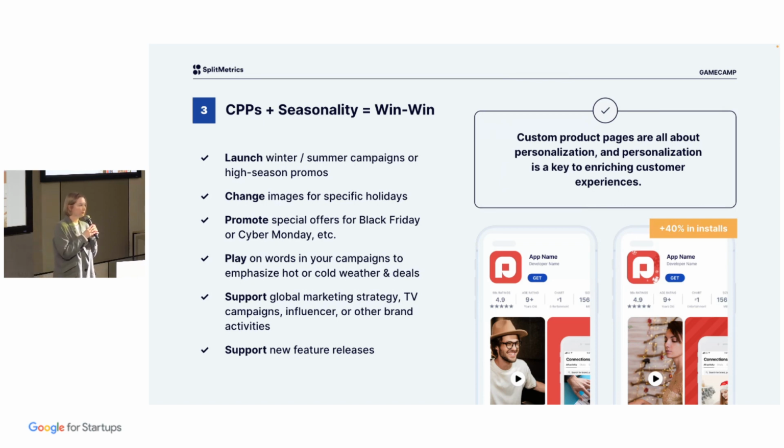It's also good to implement and support global marketing strategy together with custom product pages. For example, your company initiated a partnership with some influencers, so you're good to implement their face on the CPP, for example, or any other brand activities you're having. And of course, it's good to support new feature releases with the help of custom product pages. So remember that custom product pages are about personalization, and personalization is the key to enriching customer